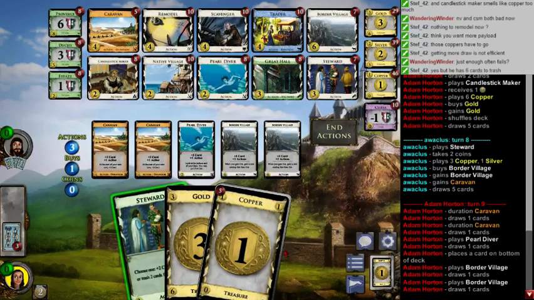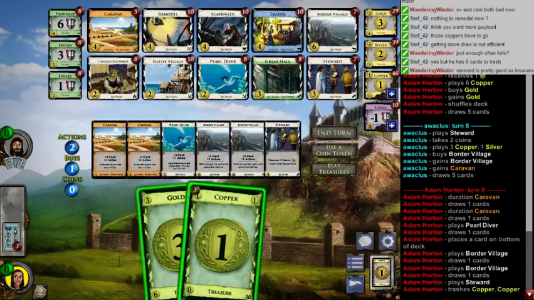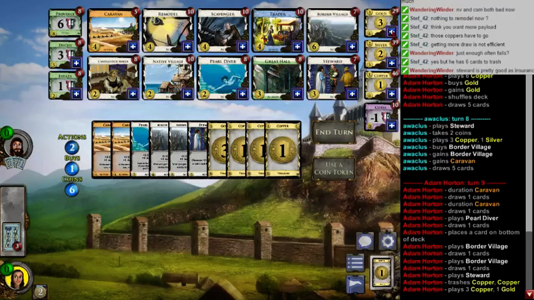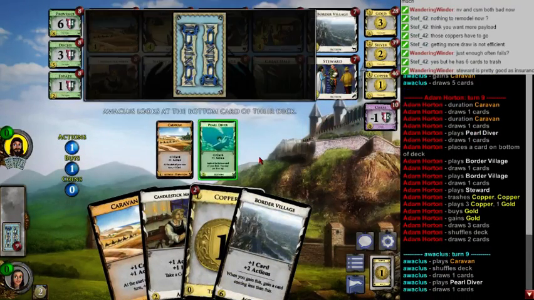Yeah, so I can do the thing here. I can trash and I can buy a gold. Like, this is everything I ever wanted. I didn't get to play a Caravan, so that's a little poopy, but this is still just fine. This is almost the perfect turn for me. We'll get our gold. Next turn, it's going to be Border Village and Remodel, and maybe if...